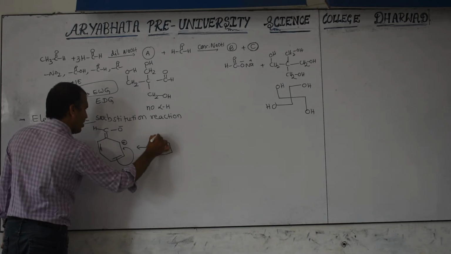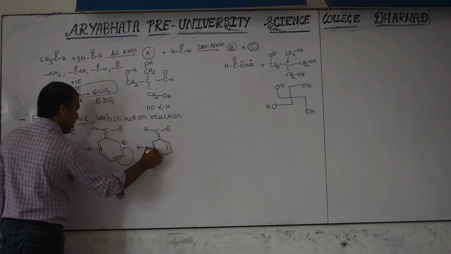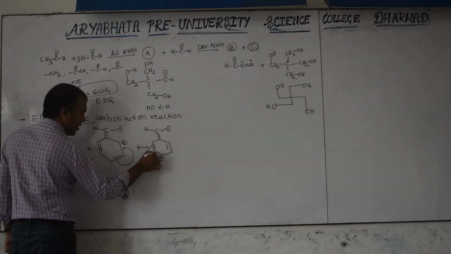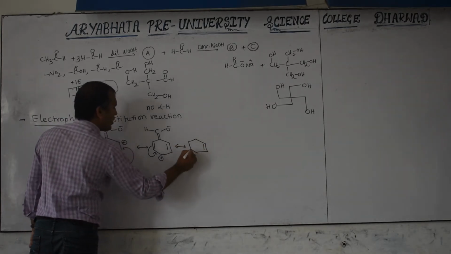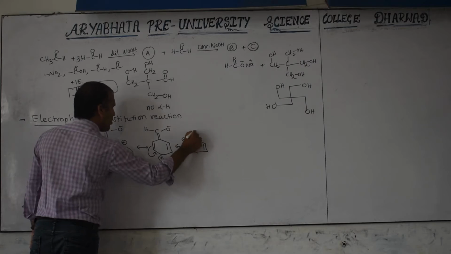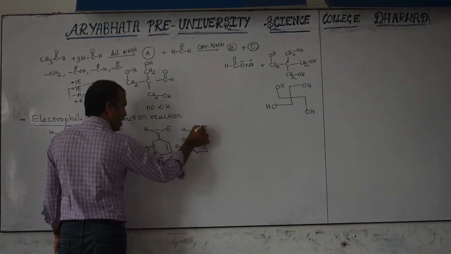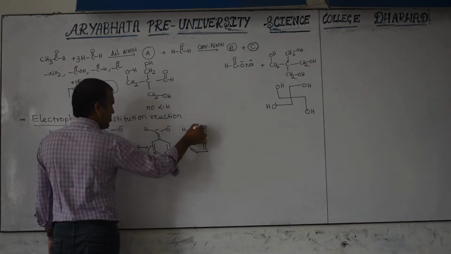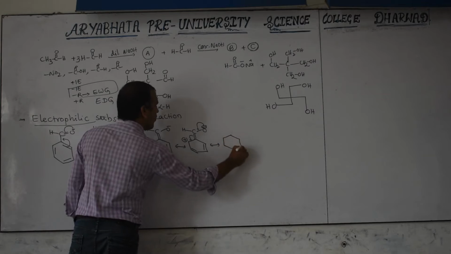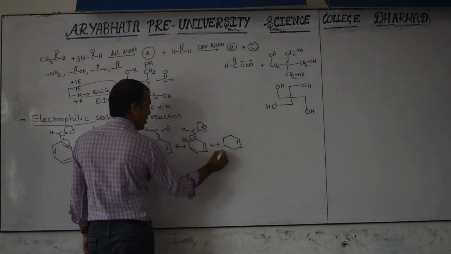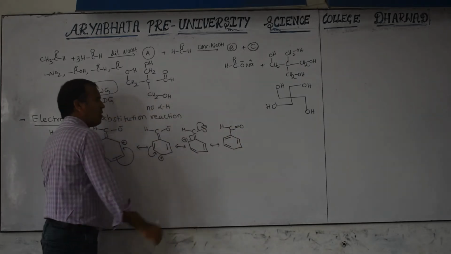Here double bond, C, O minus and H, and here a positive charge, here double bond. Again this pi bond shifts to here. Then we will get one more resonance structure. Here already a double bond is there, here double bond, here positive charge, here double bond, O minus and H. Now this negative charge will come here, this pi bond comes here. Then we will get one more resonance structure: double bond already, double bond is there, double bond, C double bond O, H. These are the resonance structures.